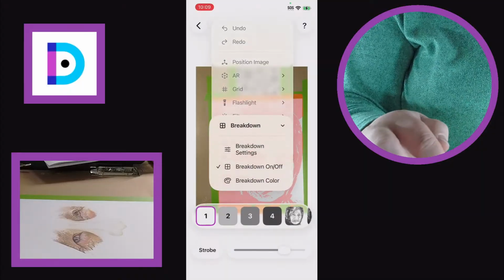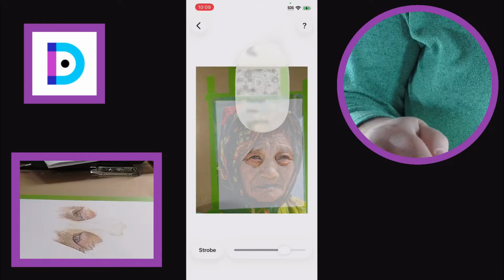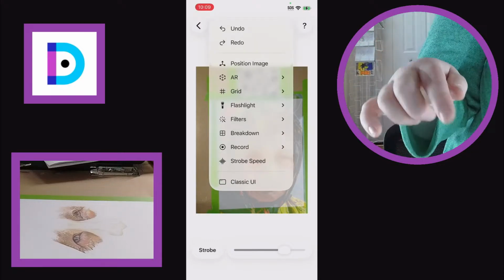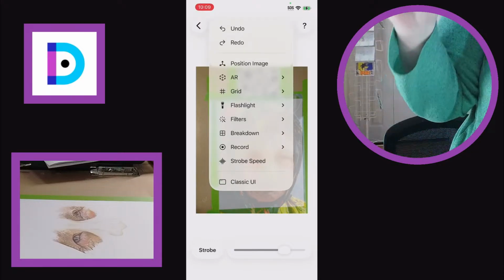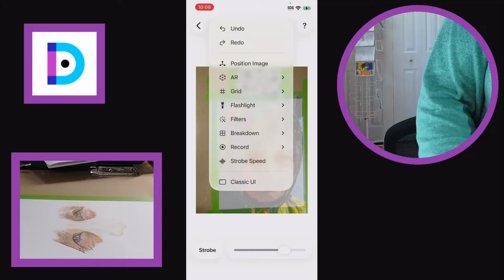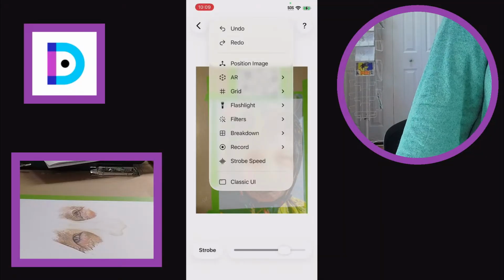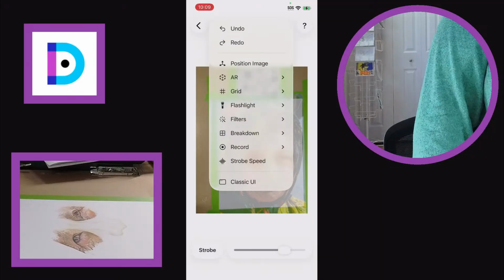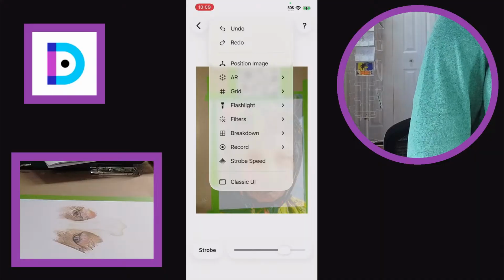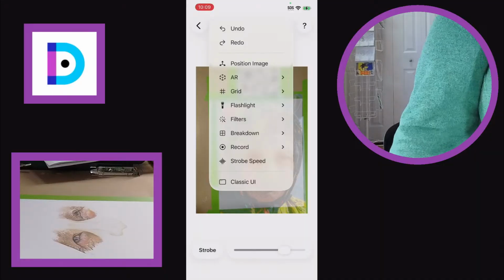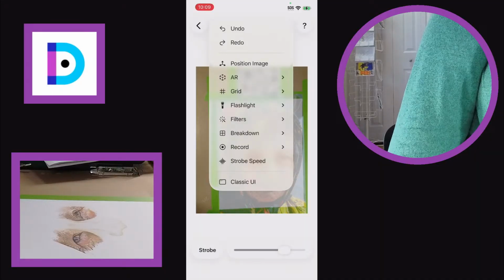Let's turn off breakdown mode. Record is super cool. You can do time-lapse videos from beginning to end of your drawing. I believe Android's the only one so far that allows you to record full-length videos that you can edit